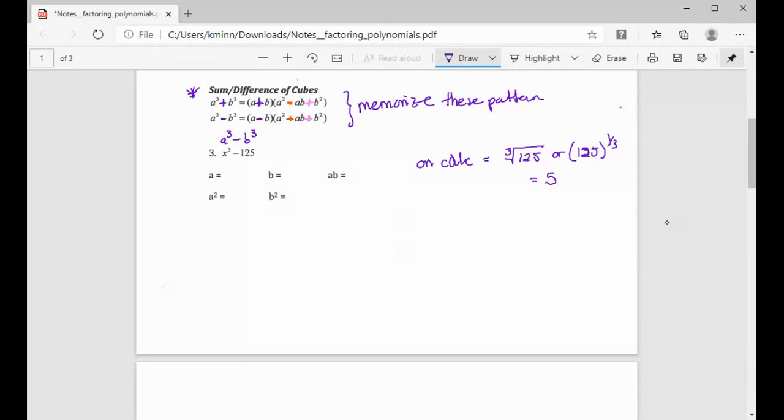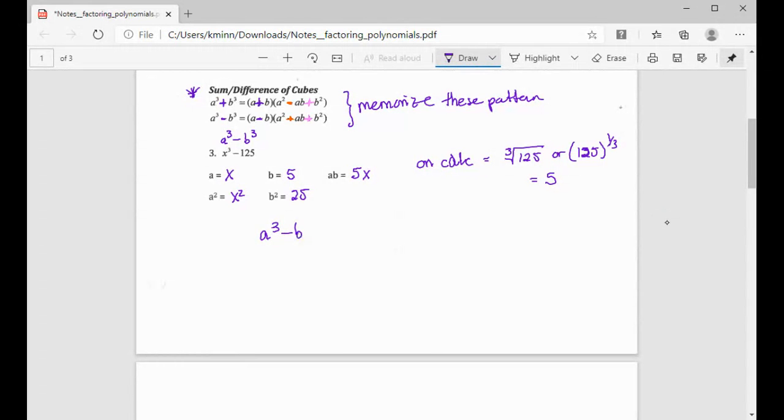The cube root of x, which is our a, is going to be x. The cube root of 125, we just found out to be 5. A times b, we're going to multiply those two and get 5x. Squaring a, we get x squared, and squaring b, we get 25. All five of those pieces will now go into our expansion. Rewriting the expansion,